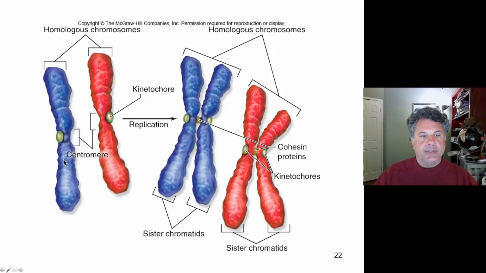So here we have, let's say, a paternal chromosome and a maternal chromosome of a chromosome set. These are homologs, these are homologous chromosomes. As the chromosomes replicate, we would then have chromosomes that consist of 2 sister chromatids for each homologous chromosome. So these are the homologous chromosomes now replicated, each having 2 chromatids held together by cohesin proteins. And at the time that these are separated in late mitosis, then these chromatids we will refer to again as chromosomes. They are free chromosomes. They become free chromosomes again.